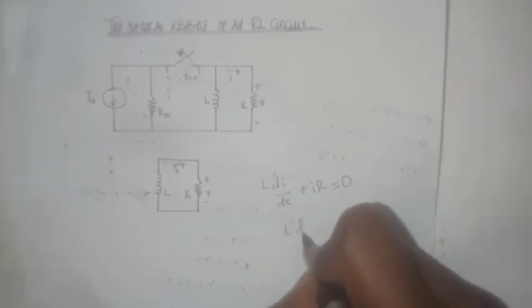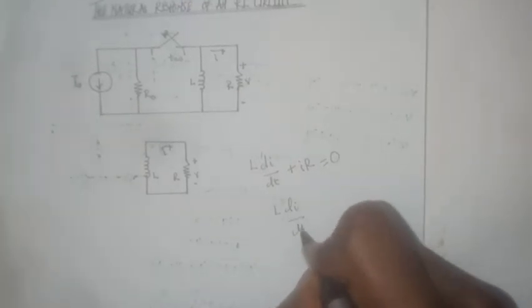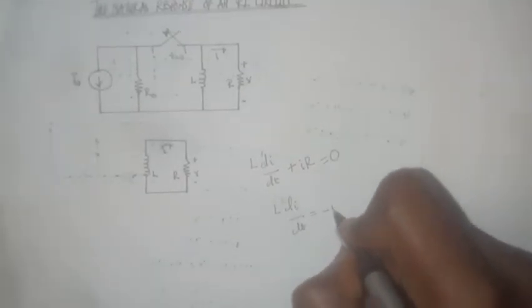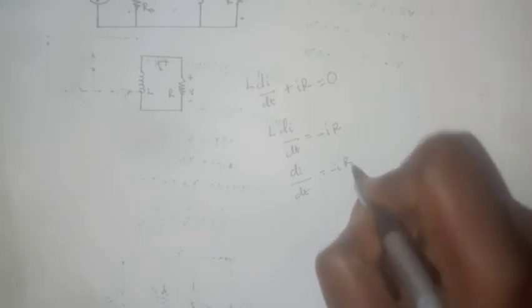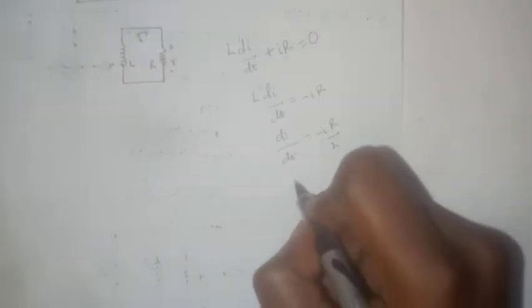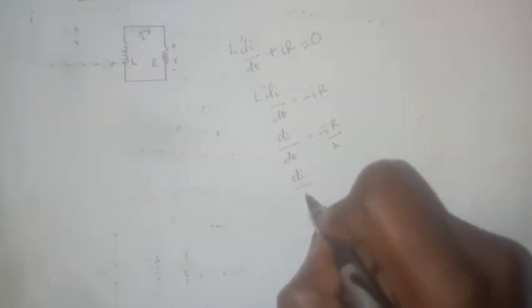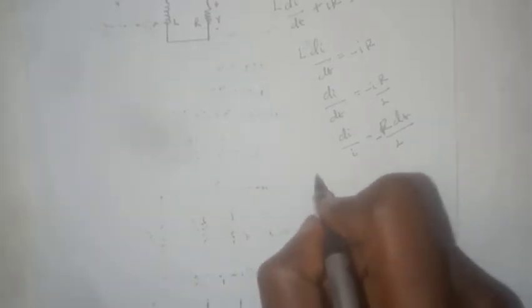L di/dt equals minus iR, which can be written as di/dt equals minus iR over L. We can further simplify this as di over i equals minus R dt over L. If we choose to integrate both sides, which we definitely should,